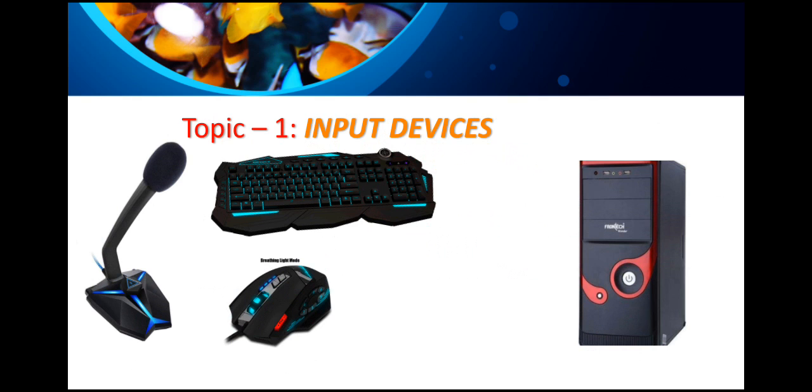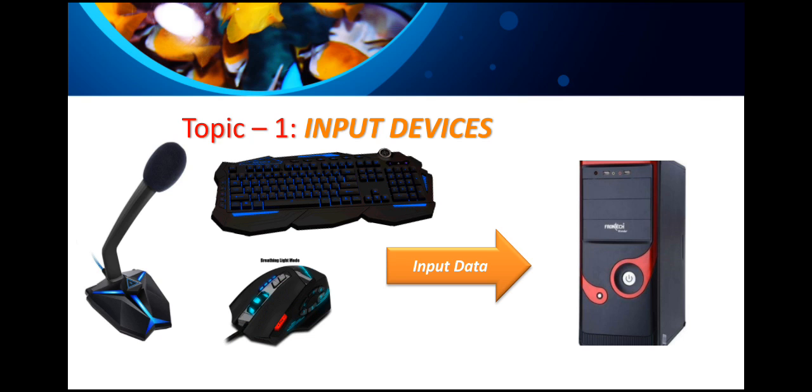And how do they input to the system? They input to the system through their specified category. Like keyboard, we use keyboard to give input to the computer by typing on it. The words or the letters that we type onto the keyboard are transformed into the form of signals in zeros and ones, and then they are interpreted. After interpretation, they are entered into the computer system.